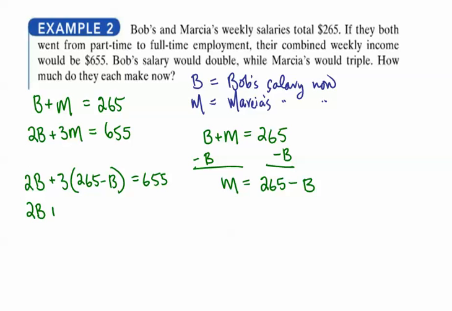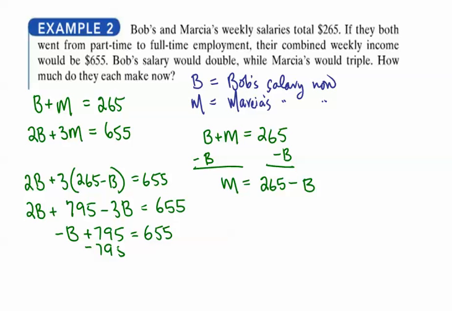2b plus, here we're going to distribute 3 times 265. That's going to give us $795 minus 3b adds up to 655. Now, if we combine like terms, 2b minus 3b would give us negative b plus 795 equals 655. Subtracting 795 on both sides leaves us with negative b is equal to negative